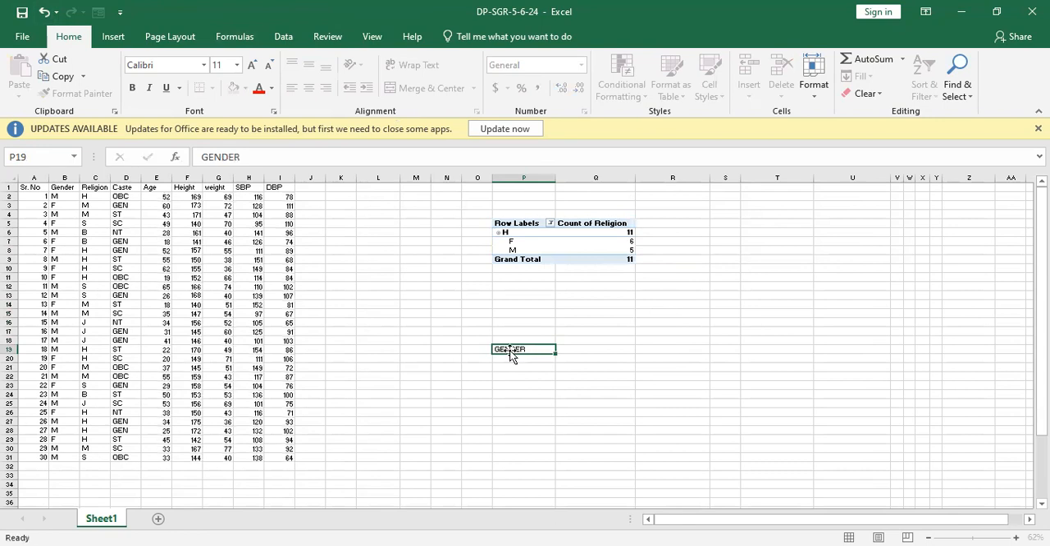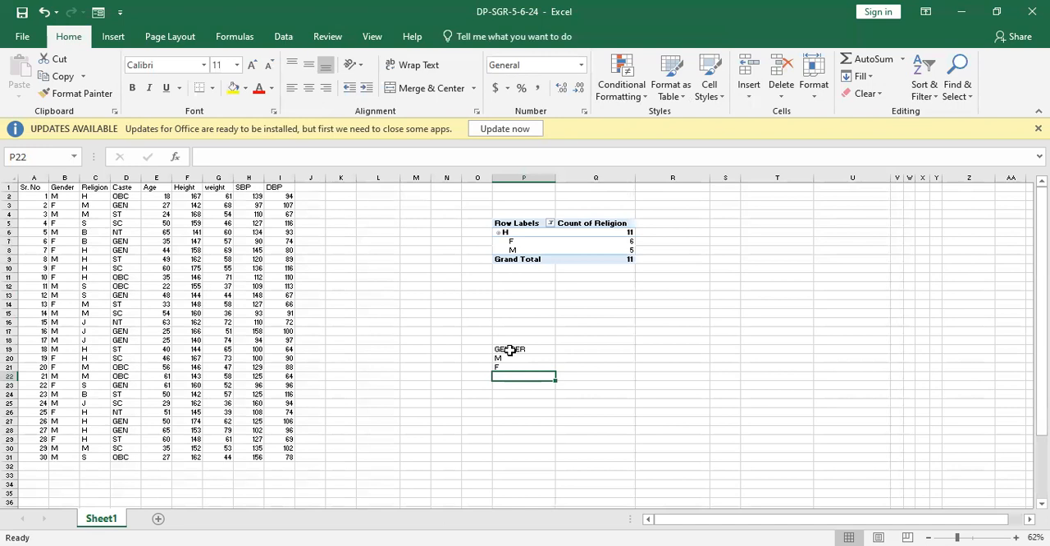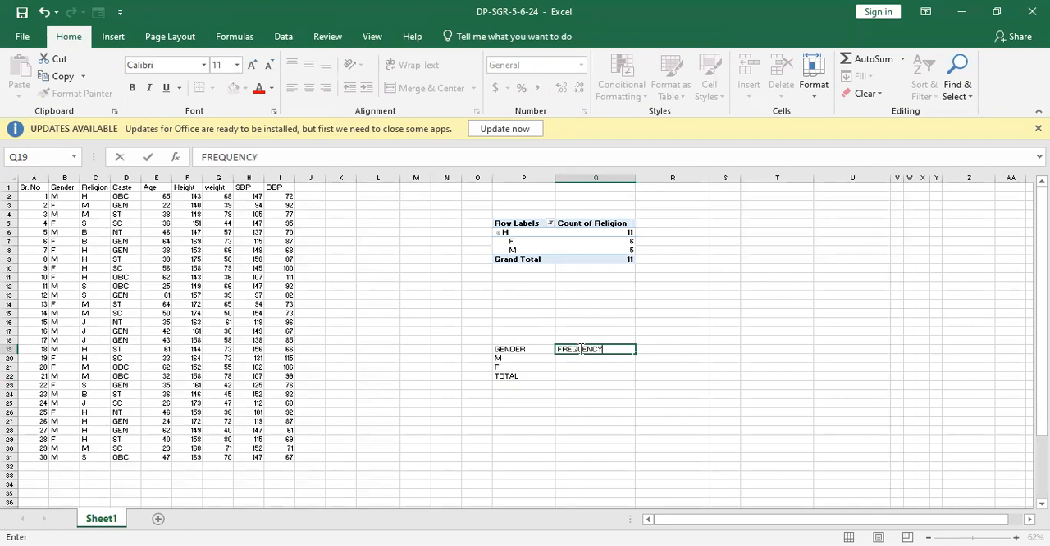Gender: male, female, total. Here, frequency and percentage. Now I will do the function, is equal to